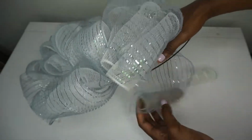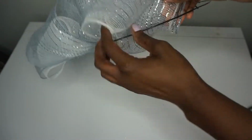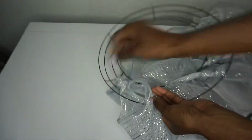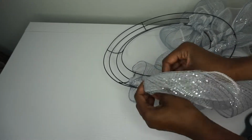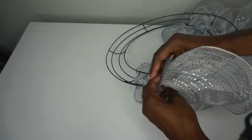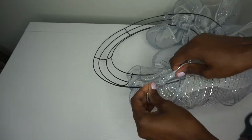Okay, so we are almost done with our deco mesh. So I'm just going to cut. This is the deco mesh I have left. I'm going to actually pull it all the way through and just turn it over and tie it in a knot. It really depends on where you stop, but I usually am pretty good with tying a knot wherever. Just up to you. You can pretty much hide any knot inside the wreath, so don't worry too much about it. So I'm just tying it in a knot,